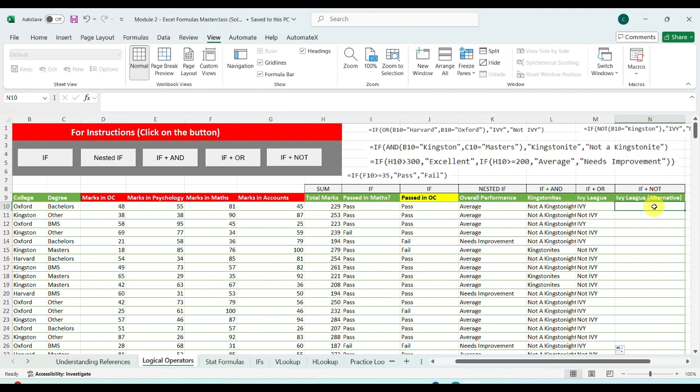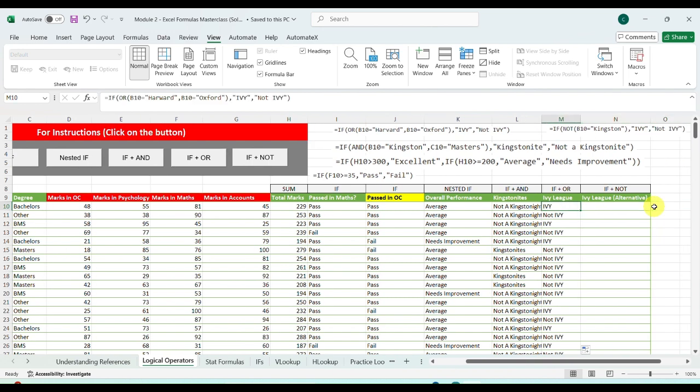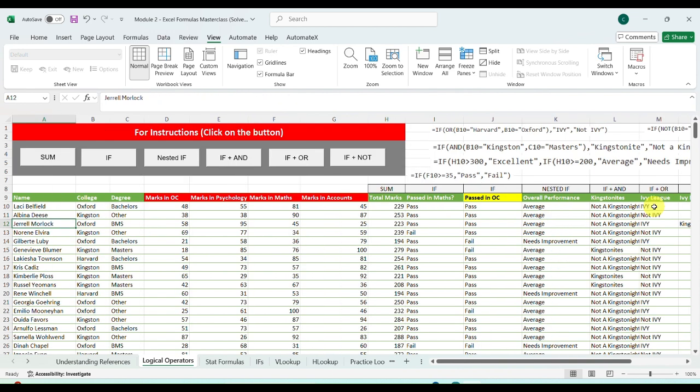Say for example, if not Kingston, then Ivy, or Kingston. Say for Kingston, we can have an alternative. Here we have seen Harvard and Oxford, and another, say for example, Kingston. See, these are the college names: Oxford, Kingston, Harvard.